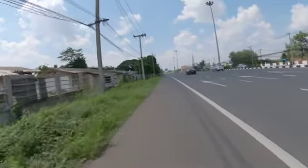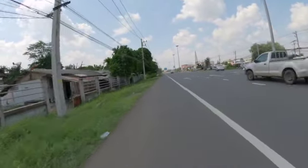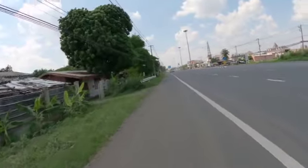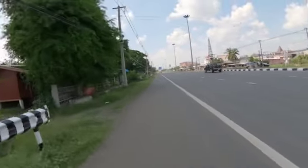Which, the reality is, it'd never get used again. It wasn't going to get cycled, so it would have been a waste. There we go. Waffled on a bit there about the battery, but yeah, getting back to the Brompton bike,